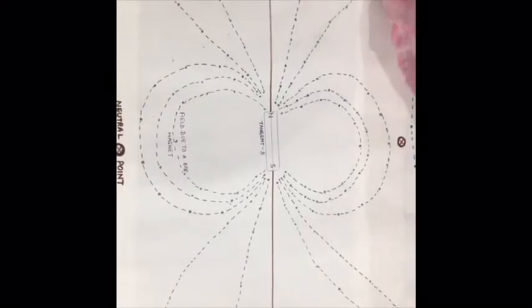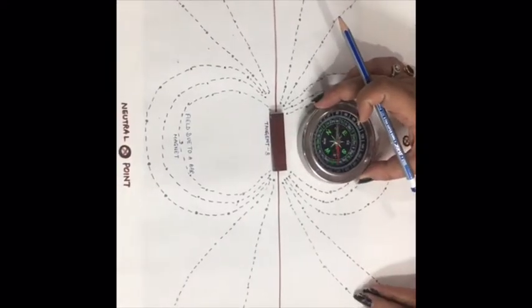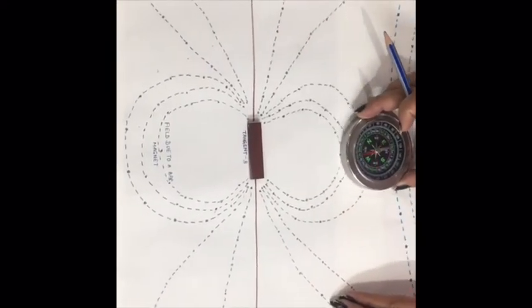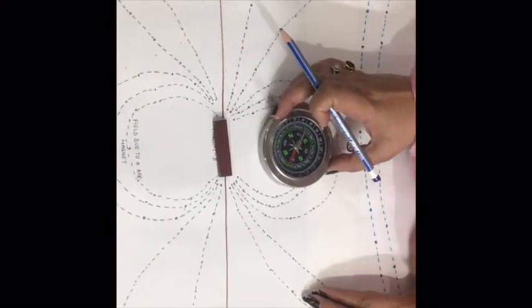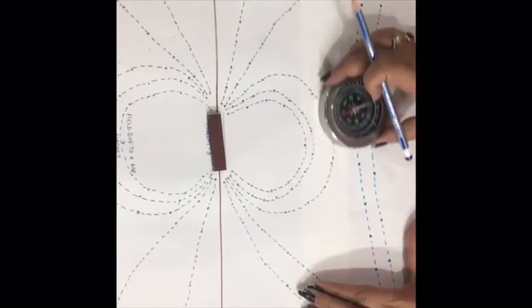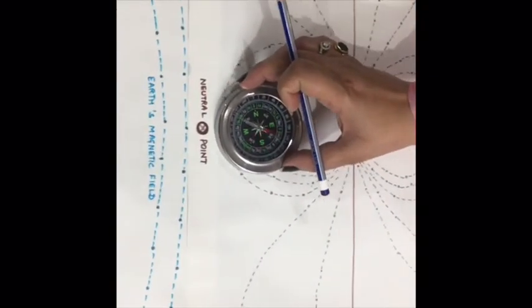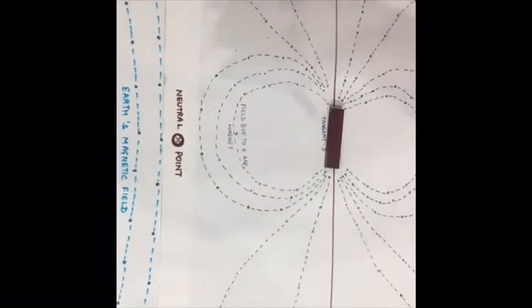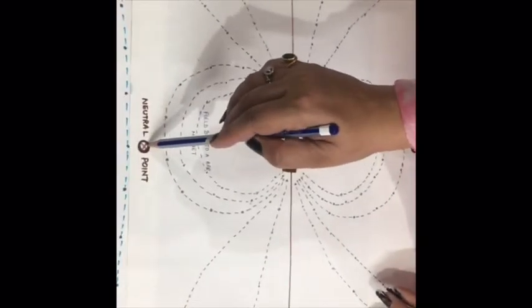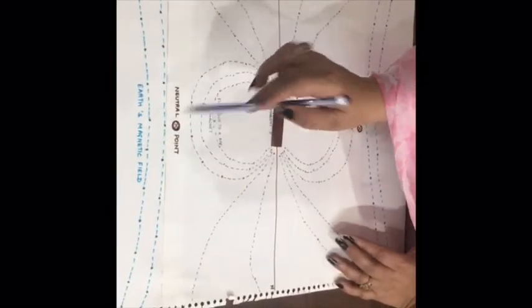And a very interesting fact, if I show you the needle moving along the equatorial line of this magnet, there is a point when the needle becomes vertical. Otherwise you see it was horizontal, now it revolves arbitrarily. So this is the neutral point. In the same way here also we are getting the neutral point. See, the needle rotates here. This is the neutral point, and after that the field of the earth starts on both sides. So neutral points are those points where the magnetic field due to a bar magnet is cancelled by the magnetic field due to the earth.